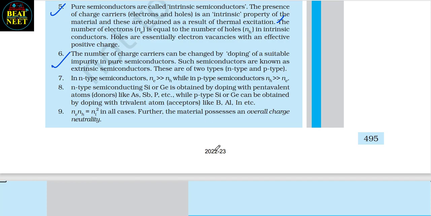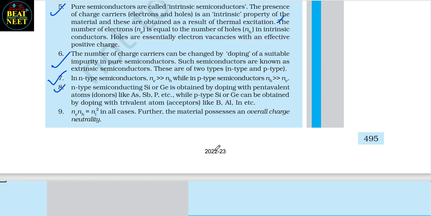Such semiconductors are known as extrinsic semiconductors. These are of two types, N-type and P-type. Number 7, in N-type semiconductors, Ne is much greater than Nh, while in P-type semiconductors, it is vice versa. Number 8, N-type semiconducting Si or Ge is obtained by doping with pentavalent atoms, that is donors like As, Sb,